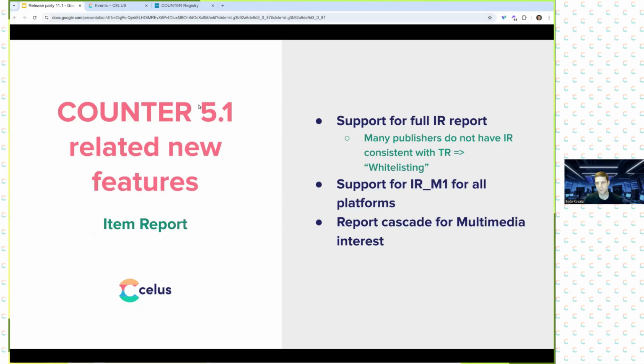Unfortunately, what we found out is that for many publishers, the item report, if they have it, is not consistent with the title report. So one of the main features of the item report is that if you sum up the usage from individual items, individual articles, you should get the total usage for the title, for the journal. And unfortunately, for many publishers, this doesn't work. So you sum up the usage from individual articles, and it differs from what you get for the whole title. And this is a problem for us because